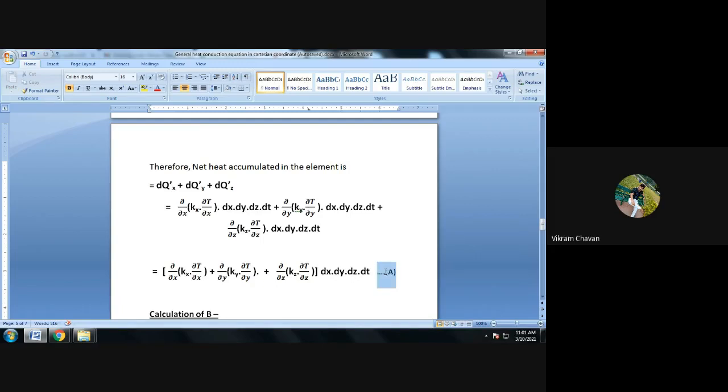Roll number 60, I received a complaint against you. First of all, change your name. Whatever the Google Meet name is there, change your name initially, or else I will not mark your attendance in further lectures. If you don't have any doubt, you can comment your roll numbers in the chat box. Roll number 60, please change your name for the Google Meet.